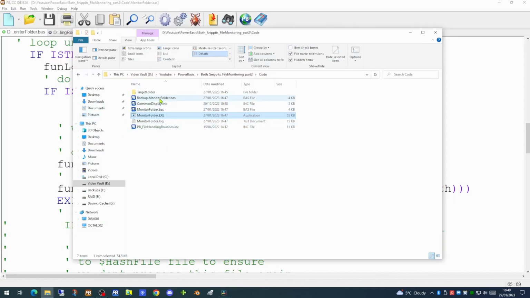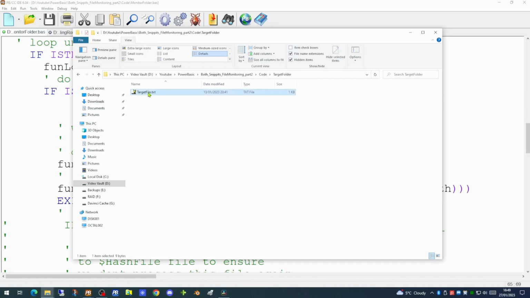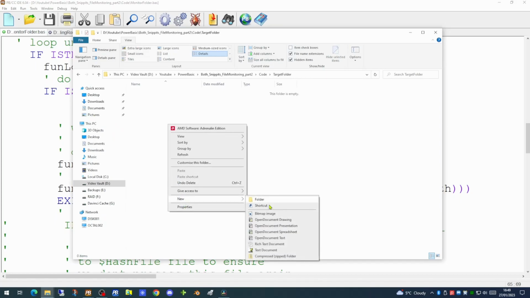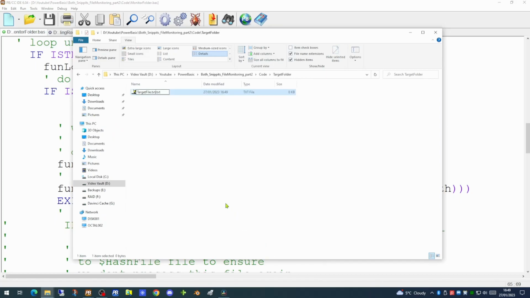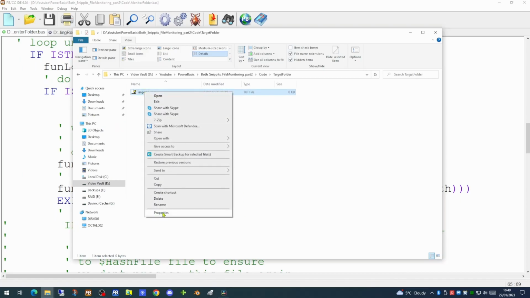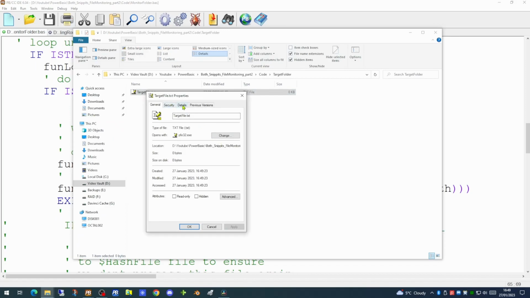So let's amend our target file to recreate it. We will delete the existing file and we will create a new one.